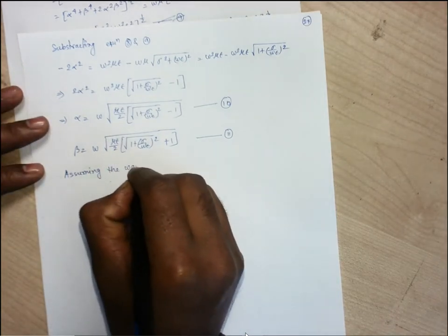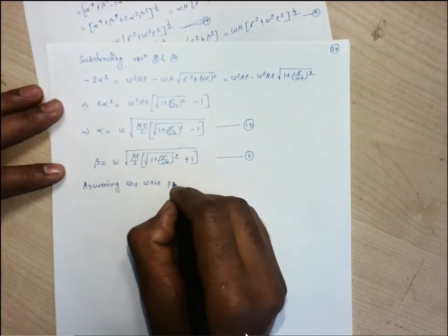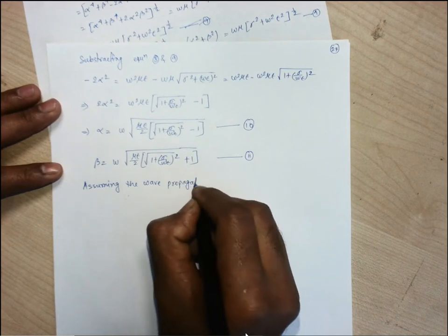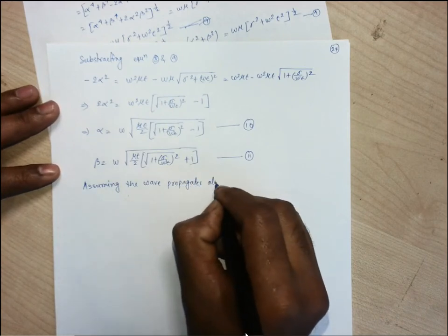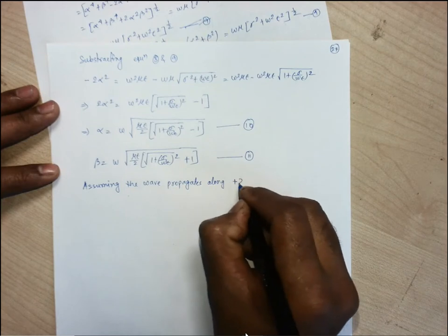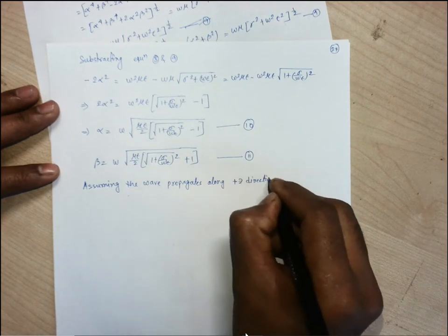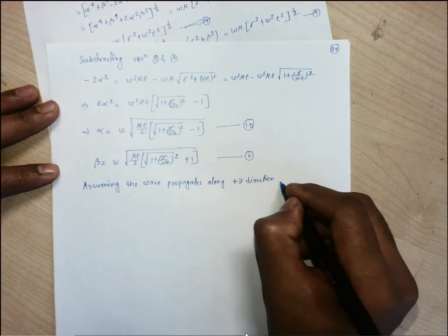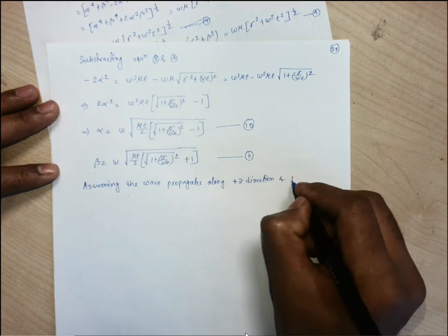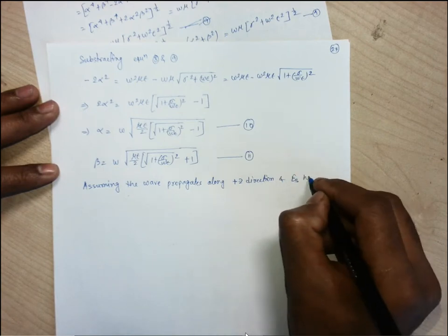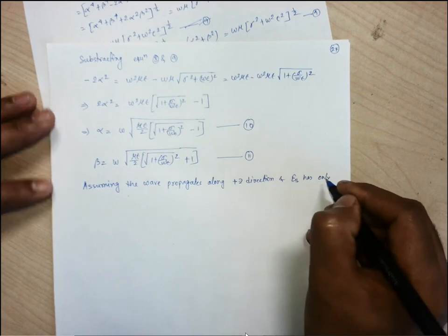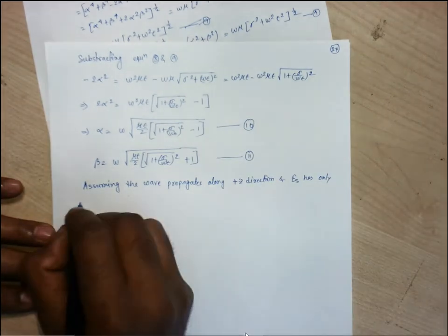The wave propagates along plus z direction and ES has only x component,